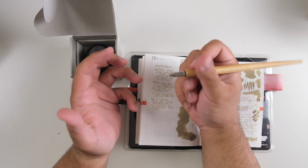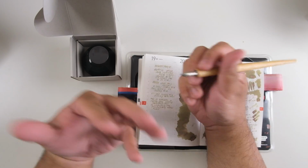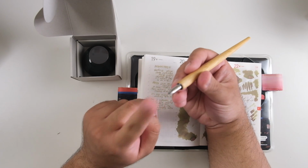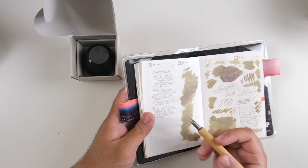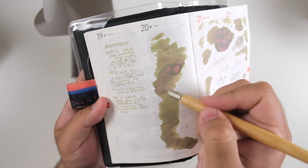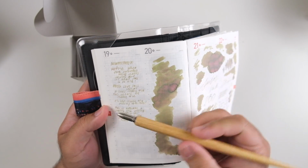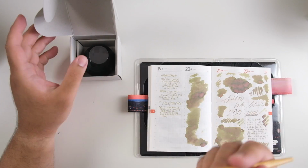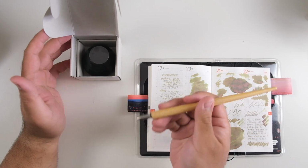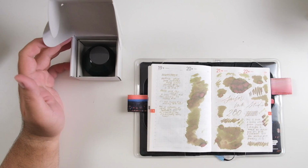I love a good weighted pen, but sometimes when it's too heavy, I just can't get anything done. And then the steel nib is nice because you can get fine enough lines that you can write with it, and it's easier to control, just like what I did here. And it's a lovely writing experience. I really recommend getting one if you really enjoy fountain pens and inks and do a lot of ink swatching,